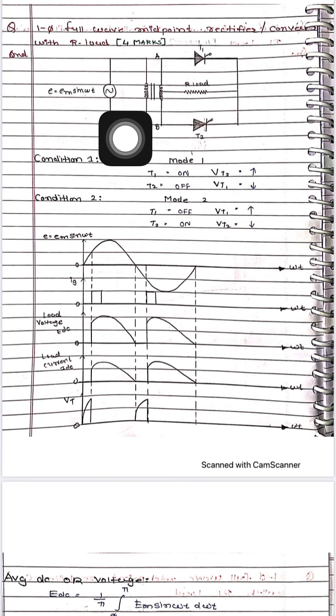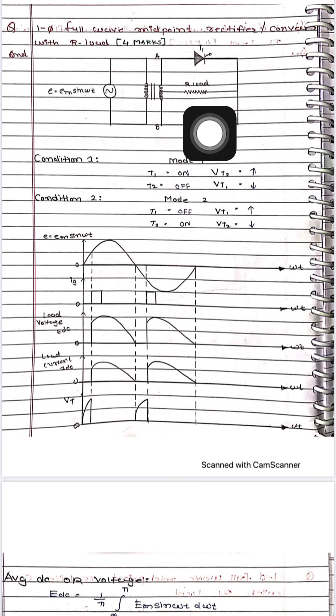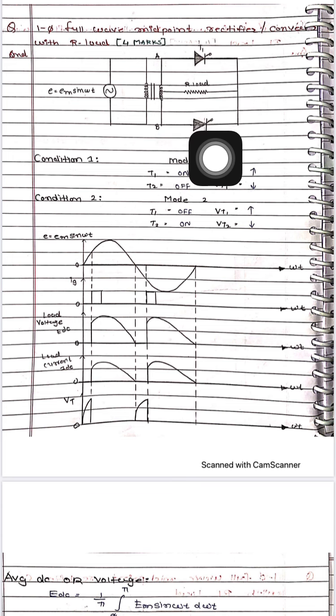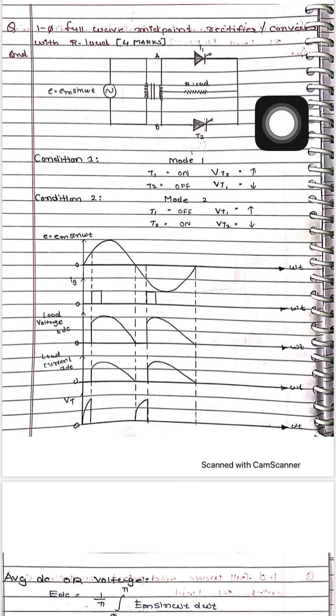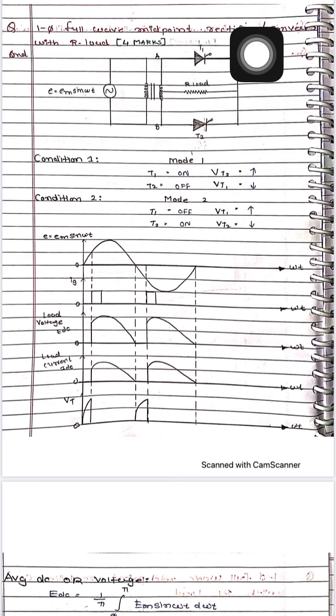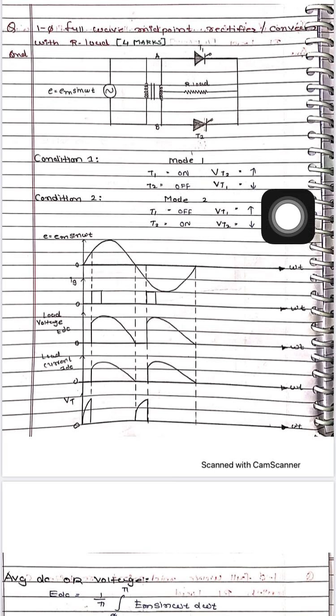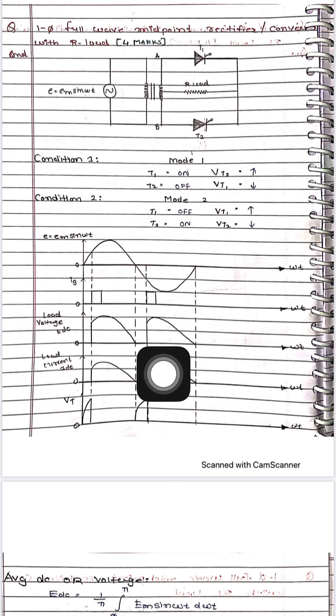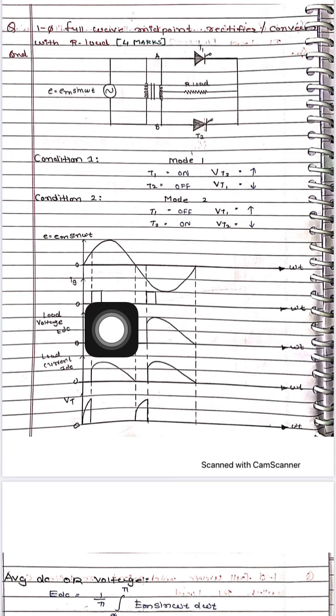Now after the half cycle, what will happen? The current will be reversed, so the current will flow from the source to point B. This thyristor in the picture is reverse biased, so there is only one option to flow the current to the load, which is to conduct T2. When T2 is in forward bias, the current will flow from B through T2 to the load. So one half cycle is fed by T1, another half cycle by T2. The same gate pulse alpha is equal to 30 is given, but after 180, so 180 plus 30, and we get a waveform of the same shape as this. A similar waveform of load current, but the magnitude is different.